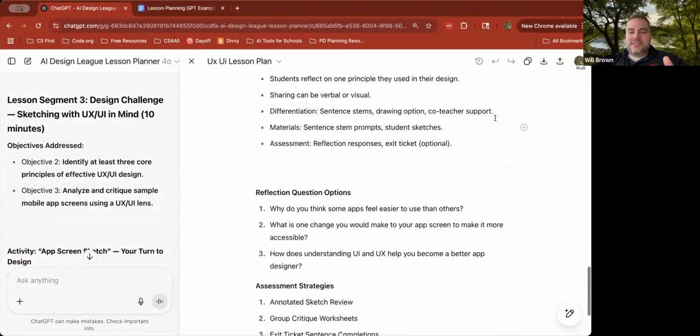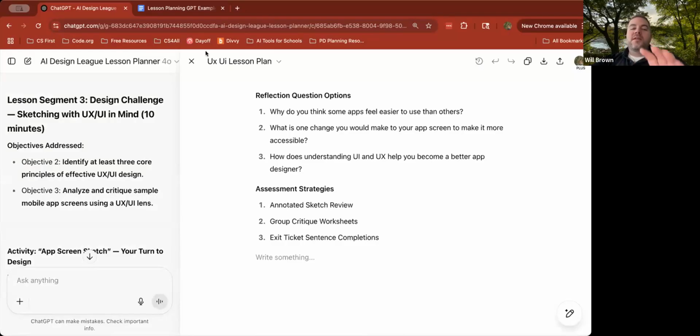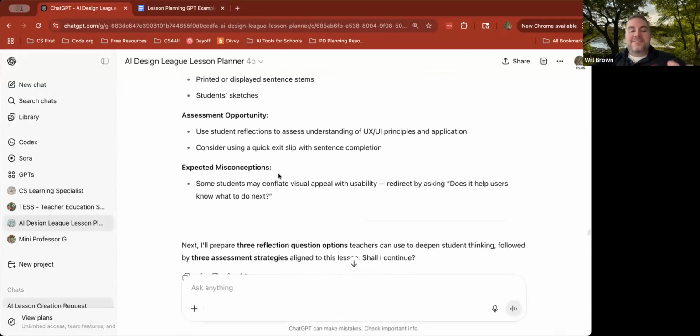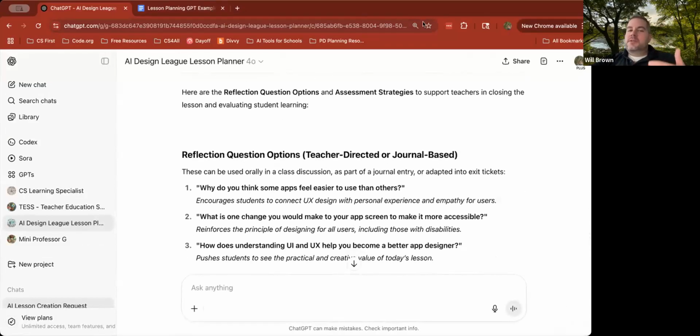Actually, yes, it compiled it all into one lesson plan document that I could copy and paste, and then it continued to ask for other materials that I wanted. So that's kind of a brief